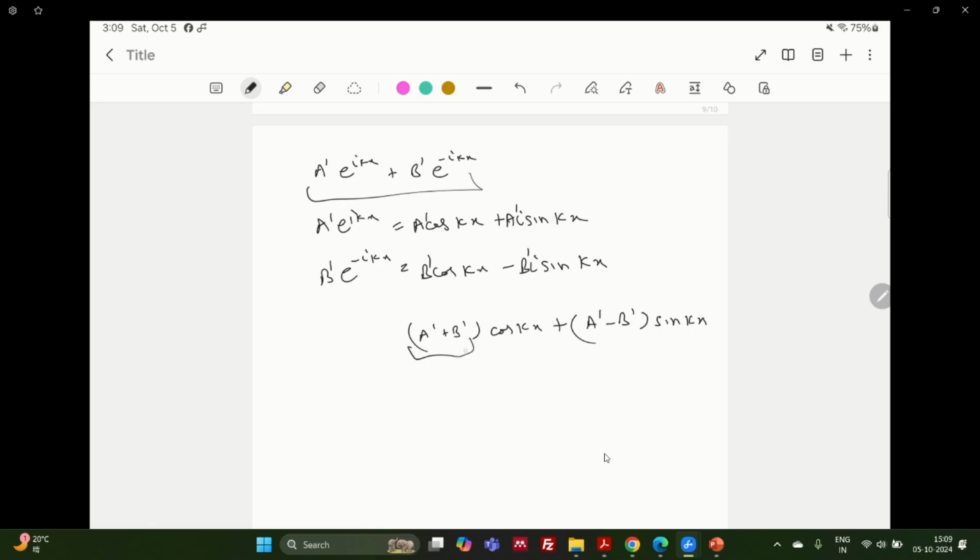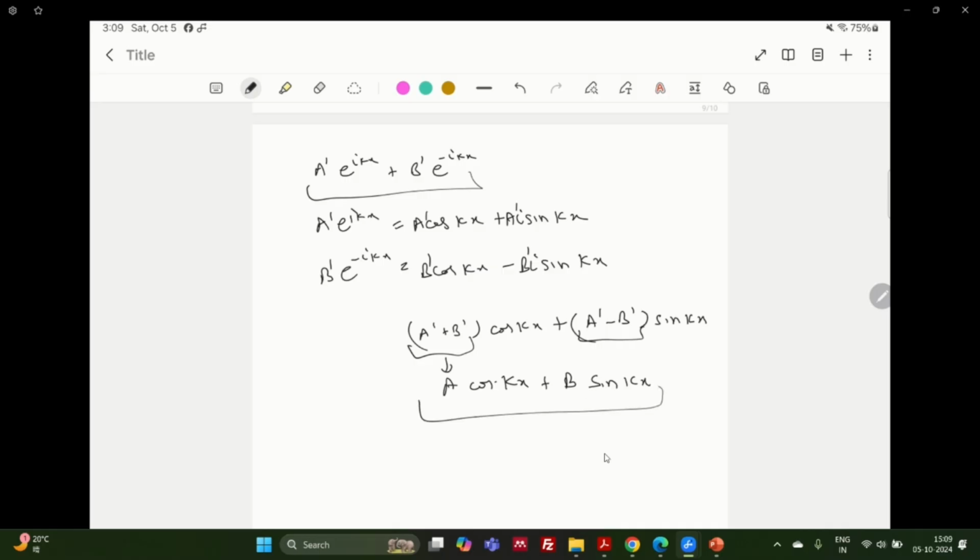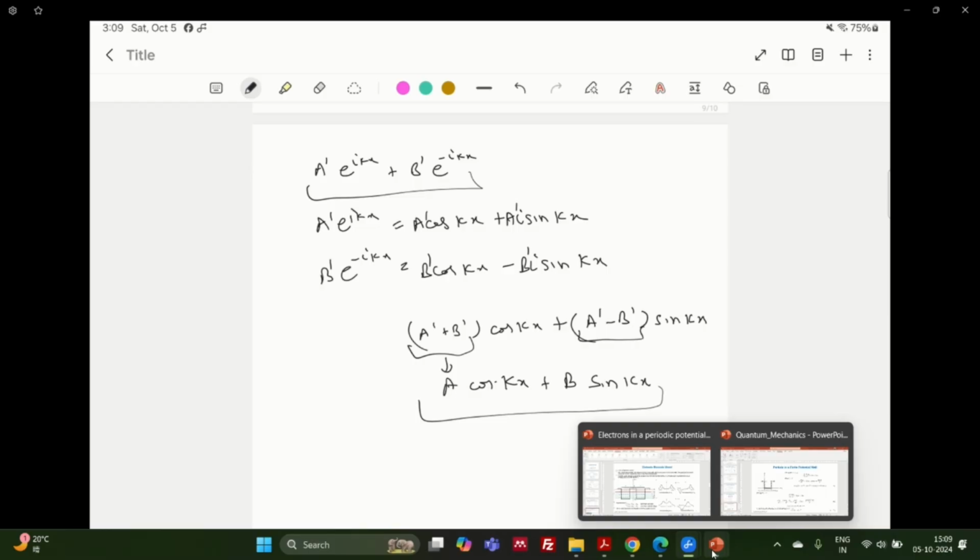I'm writing this as some other constant A, so this is A cos kx, and this thing is some other constant, say B, sin kx. So this form is equivalent to this form. In fact, for a particle in an infinite box, many books will use this form directly. So these are equivalent forms. You can use either of them, provided